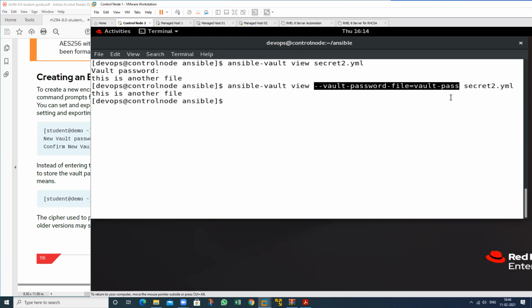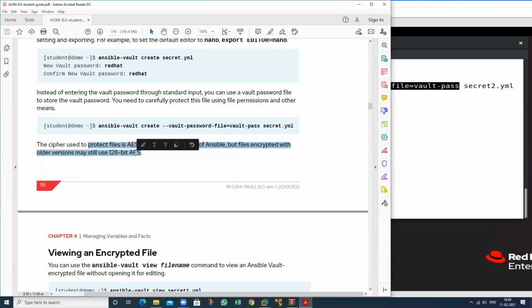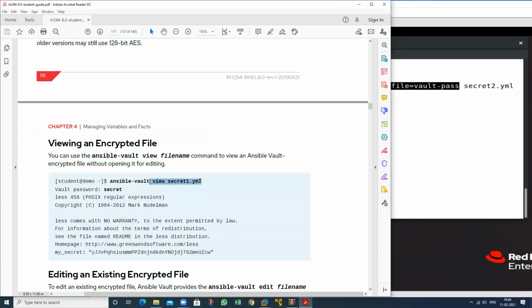So we can also create and we can also view. Both can be done by using this particular file. See, this is used to create, and the vault password can be applied through this particular file. So this is AES. If you want to view, just type the password.